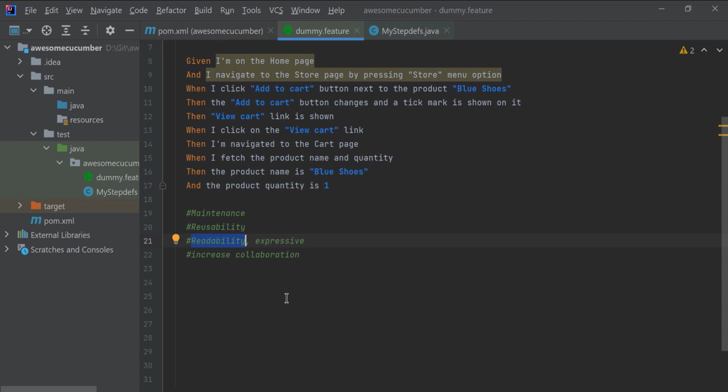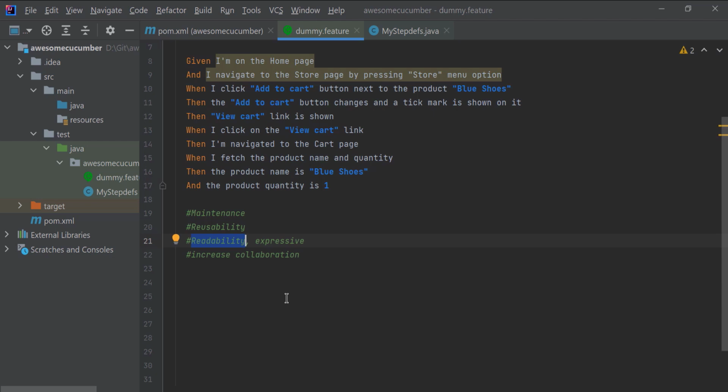I do understand that it may not be possible to create a perfect scenario, and that is absolutely fine. There will be iterations. In the first attempt, it may be only 50% of what it should be. Then in another iteration, you can move it to 80%, and in the next iteration to 90%, and that is fine. And if you are not able to follow all the good practices, that is also fine. Not everything is in our control, but whatever is in our control, we should implement properly.